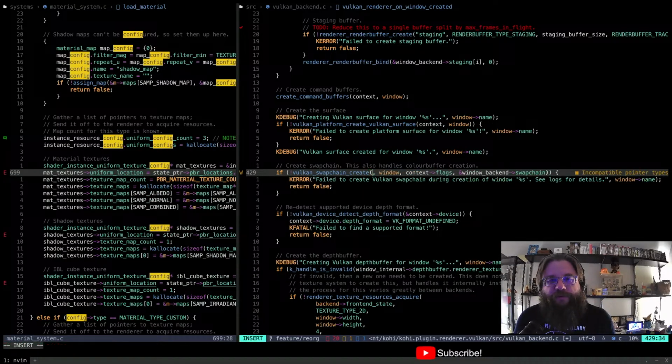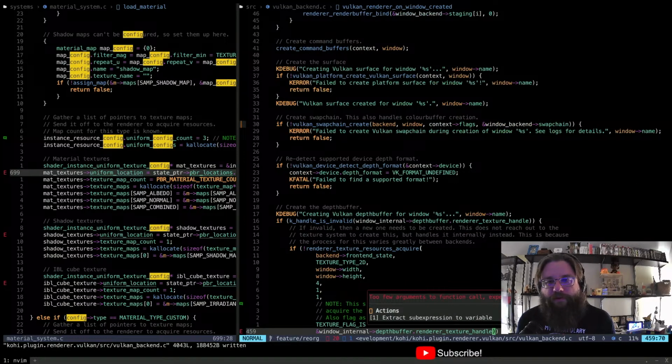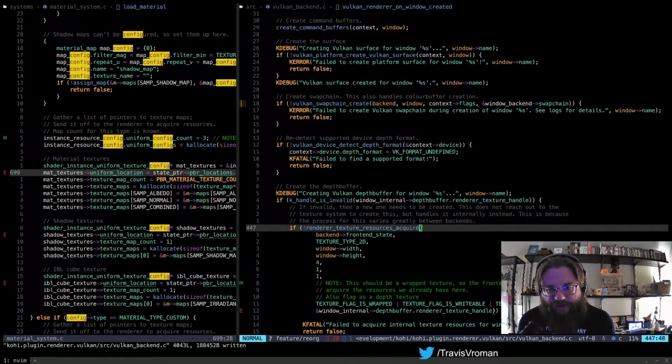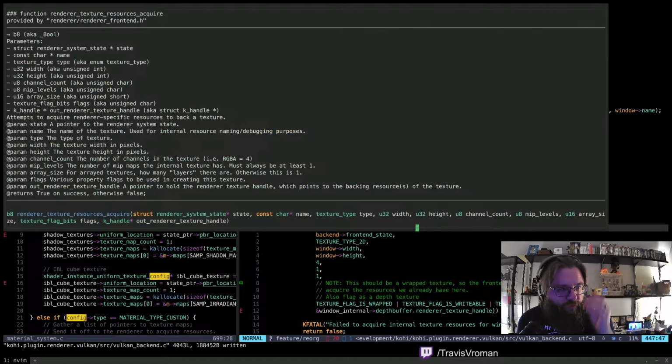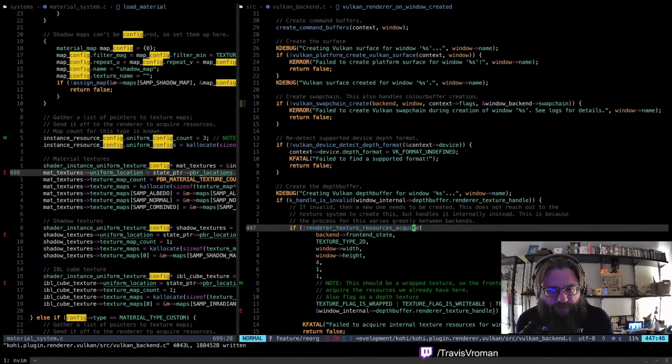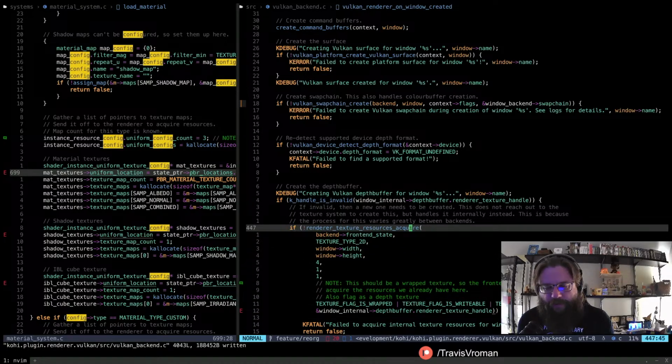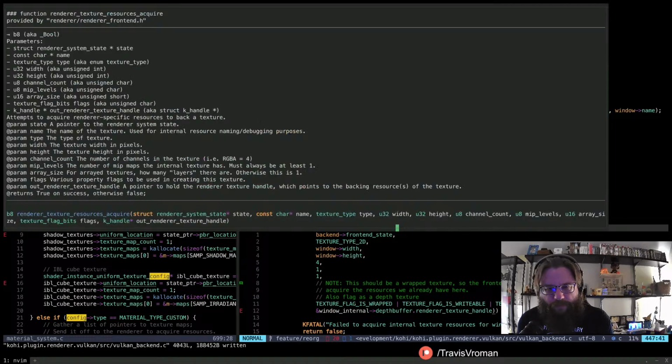Okay, so I need to use the backend structure there. There we go. Which I guess you could argue some of this is kind of tedious too, but too few arguments. What am I missing here then? So we have the system state. The name. Oh, I'll bet it's front end state name.